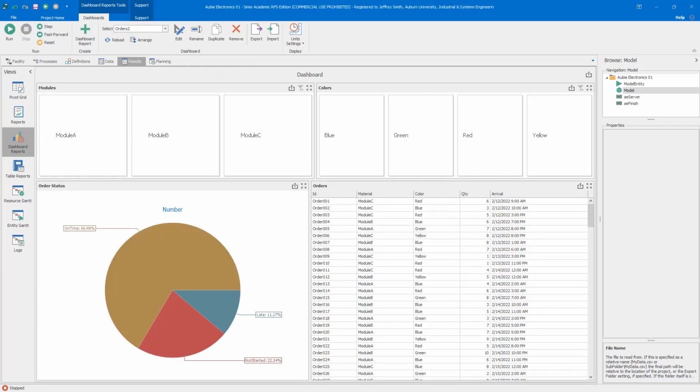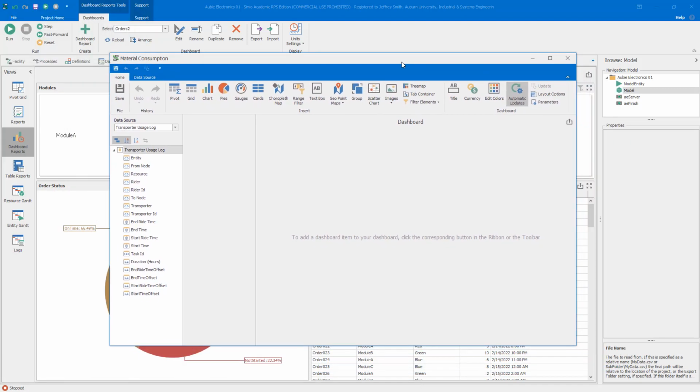This dashboard. So here we are back in our model that doesn't have the dashboards. Well, it has the two that we created in the previous videos. So let's see how to create this dashboard. So I'm going to click on Dashboard Reports, and I'm going to call this Material Consumption. There we go. And as I mentioned, the data source that we're going to have here is the material usage